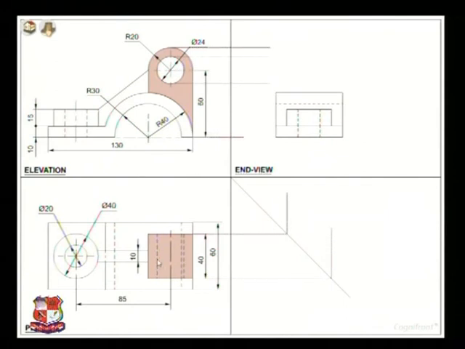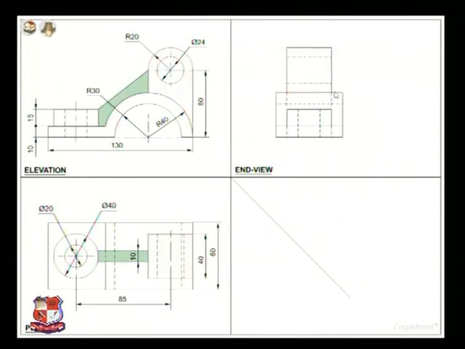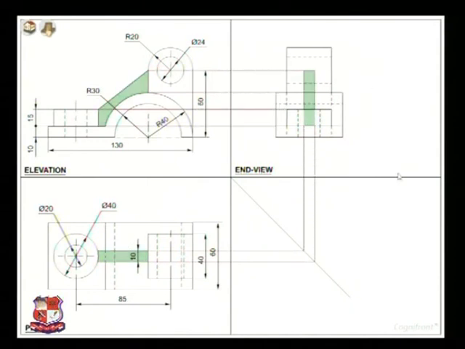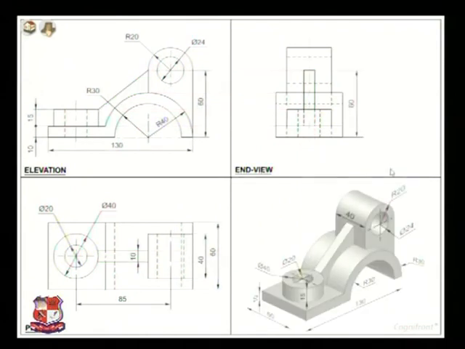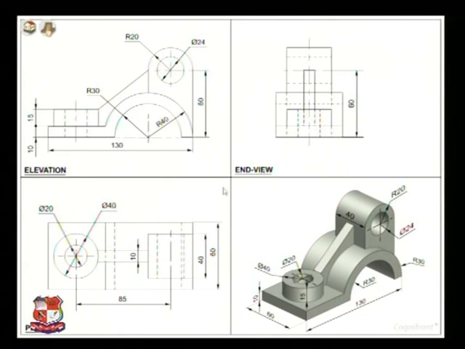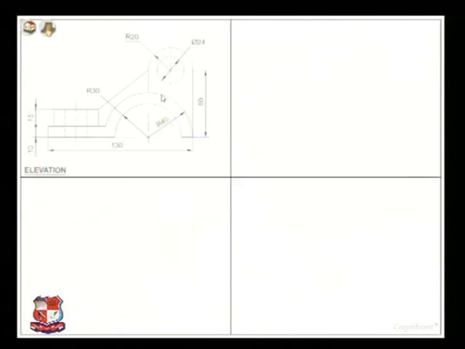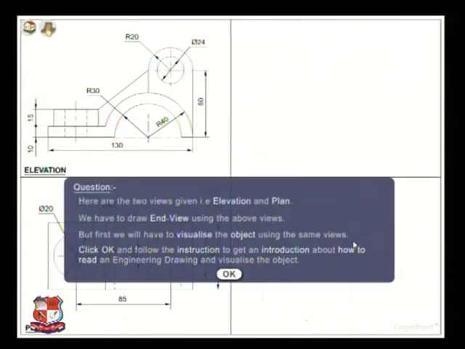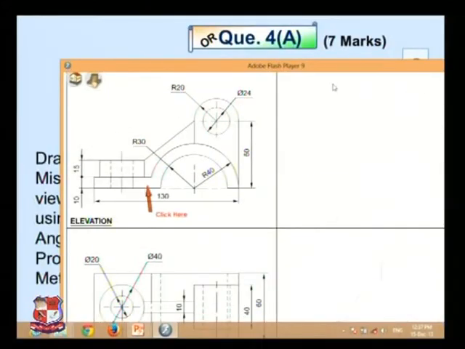Now to have projection of these points, this portion is to be drawn like this. So this represents this portion. Now about this rib, in side view, that rib would appear like this, and it is represented by a full line in this portion. So I hope it is clear to you, three views of this object. Now let me do the exercise for our case.